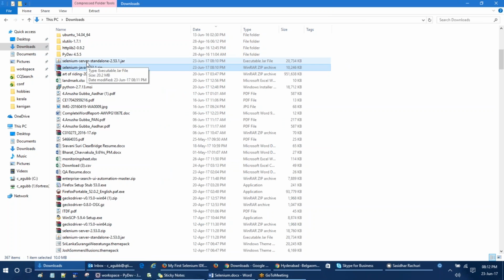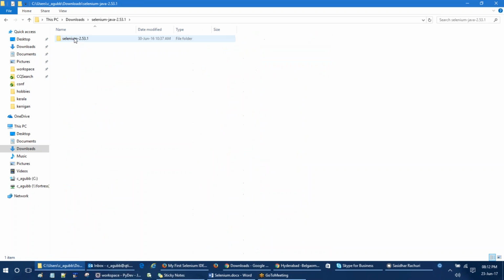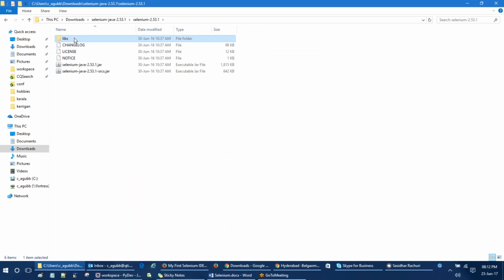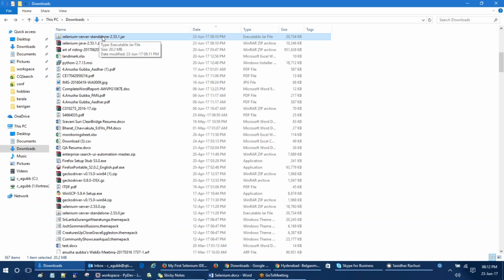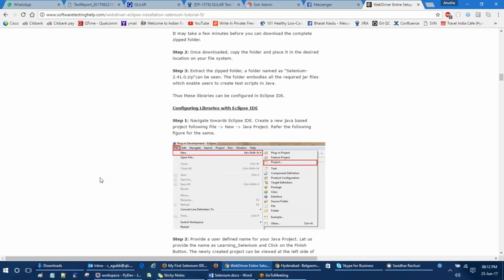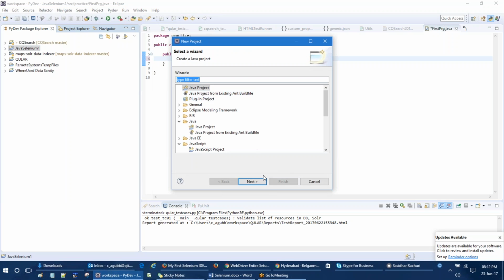Once I have extracted, I can see that there are some libs inside the folder, and these two items in this folder, and then we have this jar file. After this, we'll go to our Eclipse, click new, project, Java project, next,